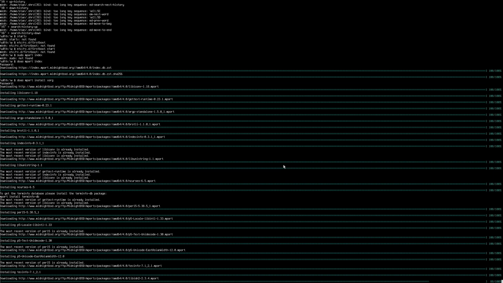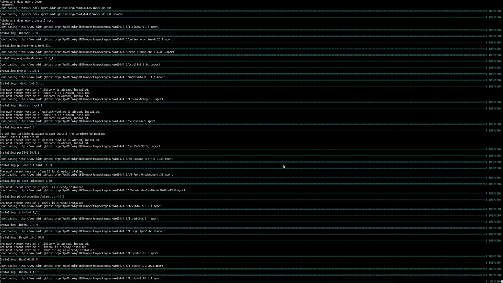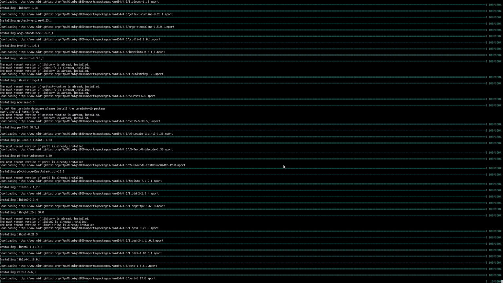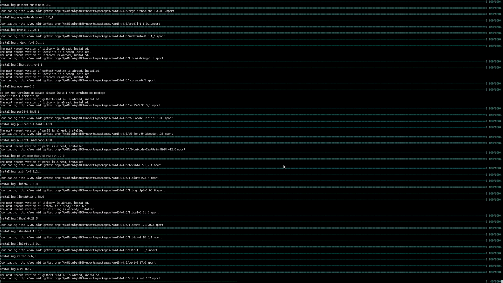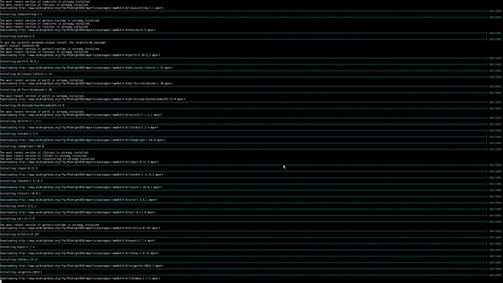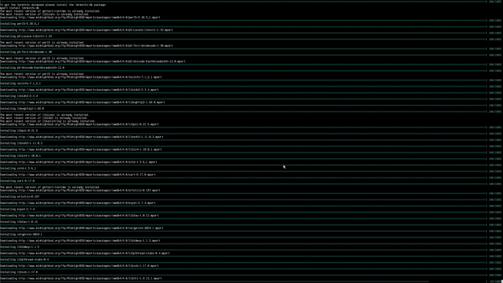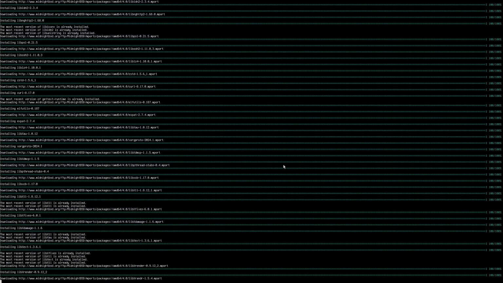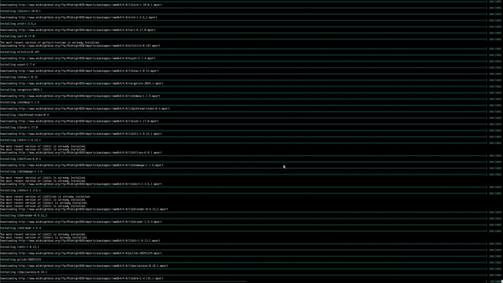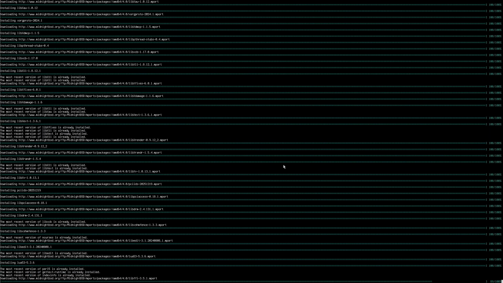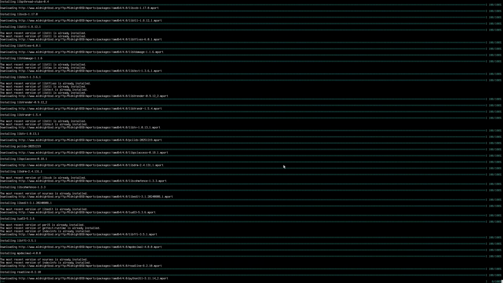Let's see here. Okay, so yeah, this is basically the same process we used to install XFCE on OpenBSD. And I think we've got plenty of time that I can just go ahead and try installing Steam on MidnightBSD.